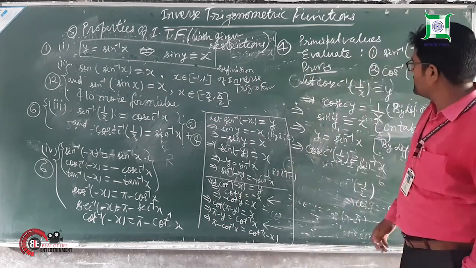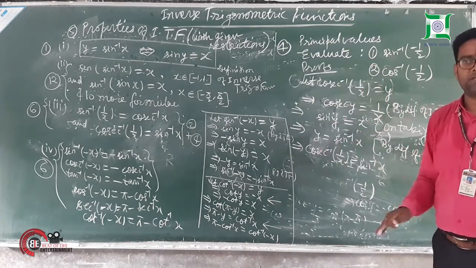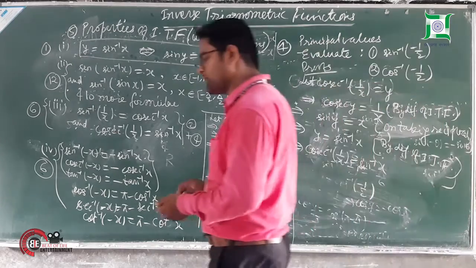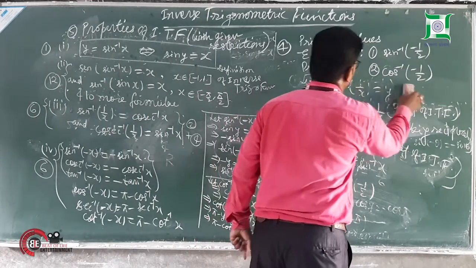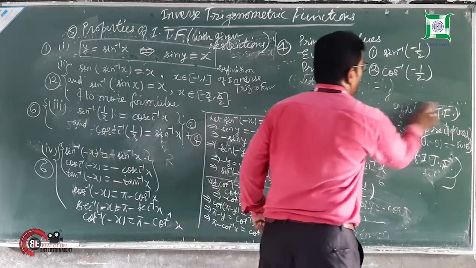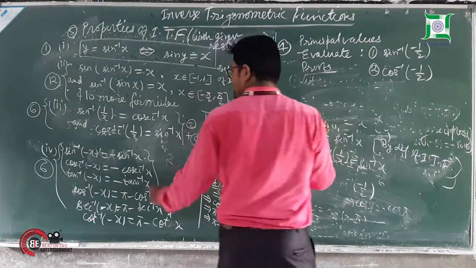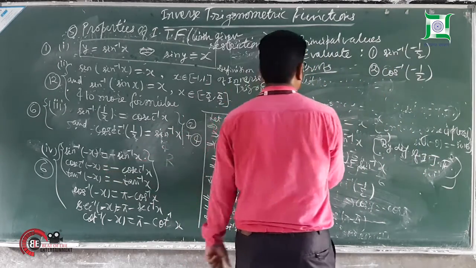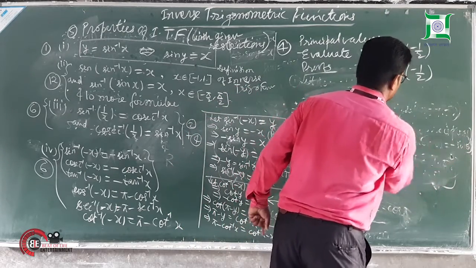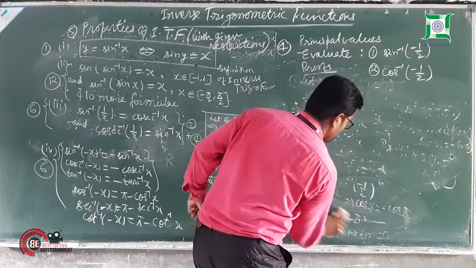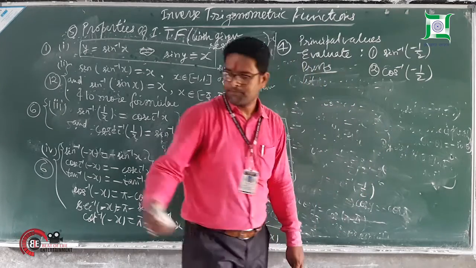Now, as I have told you earlier, we will solve this question again with the help of these properties. Let us see this. Now we will evaluate these values with the help of this fourth category of formulae, that is, inverse trigonometric functions, how they change with the negatives of the angles. See, let us see.